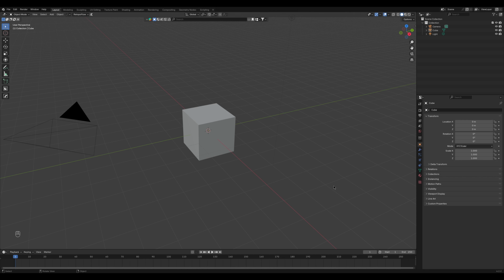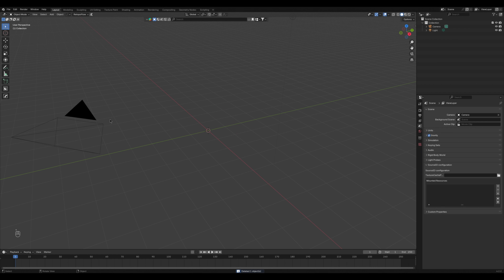Hello. Today I'm going to be showing a method for creating custom rule of thirds grids using Blender. You can then use these custom made grids for composition purposes, for filmmaking, animations, storyboarding, whatever you need. First off, I'm just going to delete this cube, and we're going to reset the position